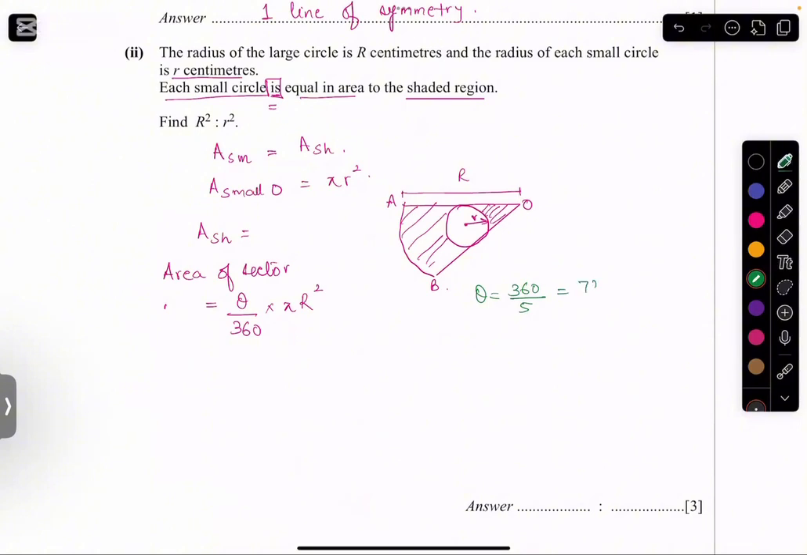Or in other words, can I have the theta value which is representing 72 degrees? Yes, I can. So area of the sector is going to be 72 over 360 into pi R squared. Now, from this area, if I subtract the area of the smallest sector, then only I will be obtaining the shaded area. So area shaded is going to be area of the sector minus area of the small circle,